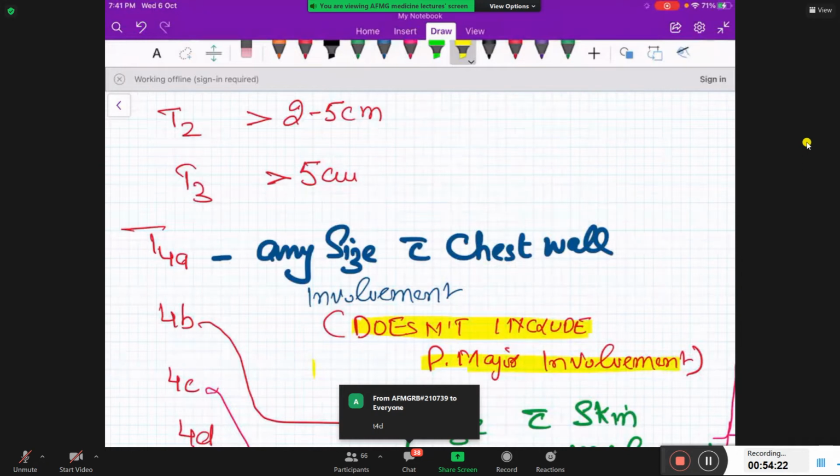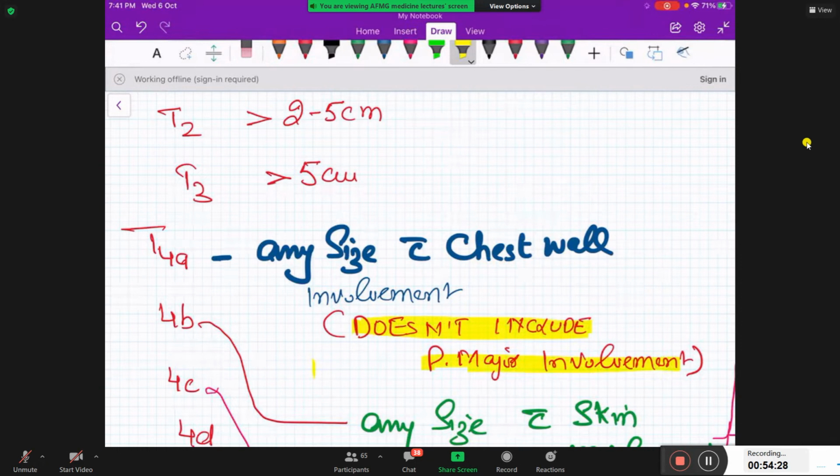So what is the stage? Stage 2. अब ठीक है, पक्का? चले आगे।